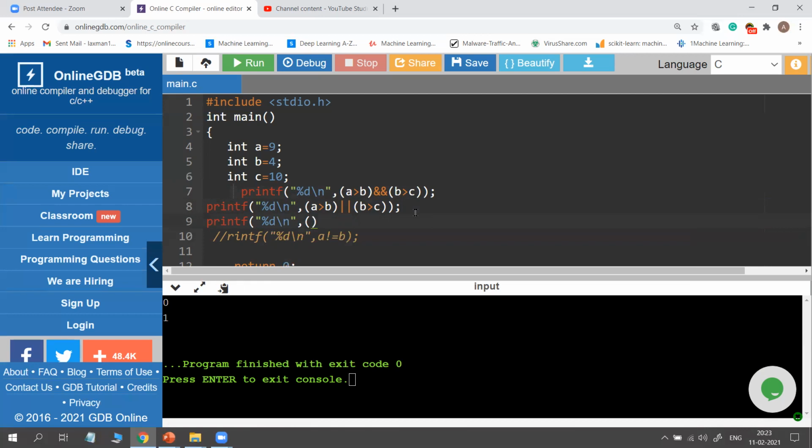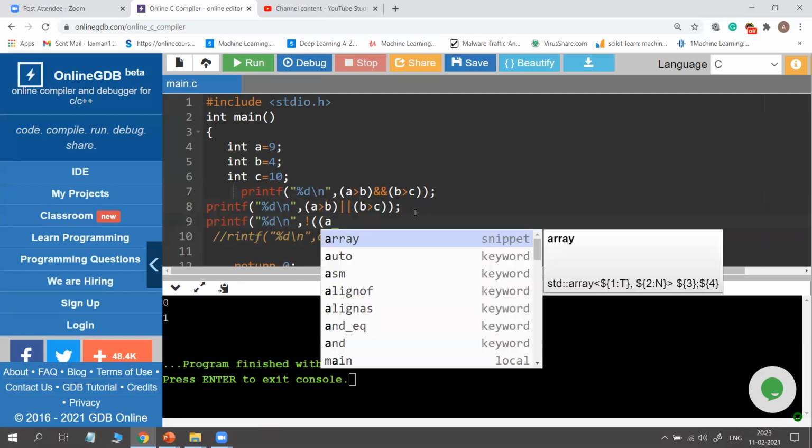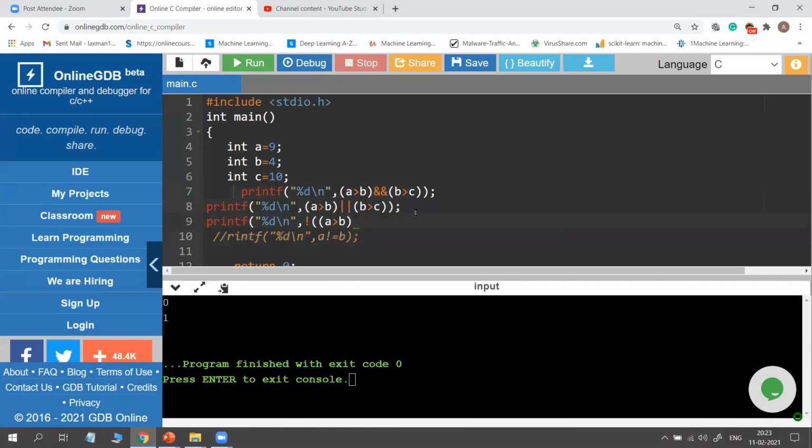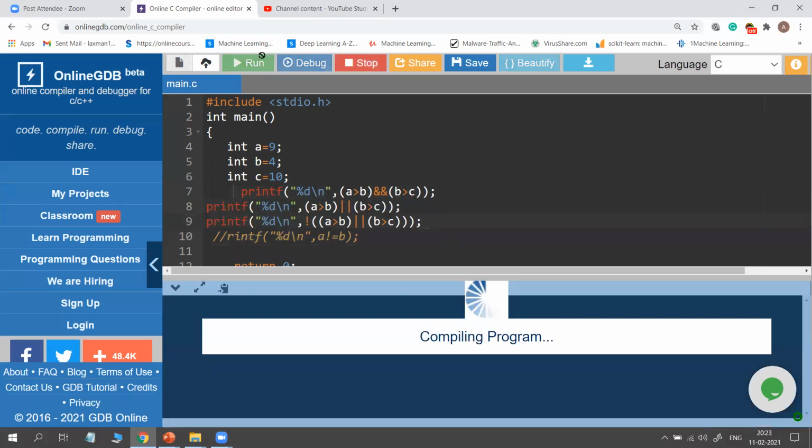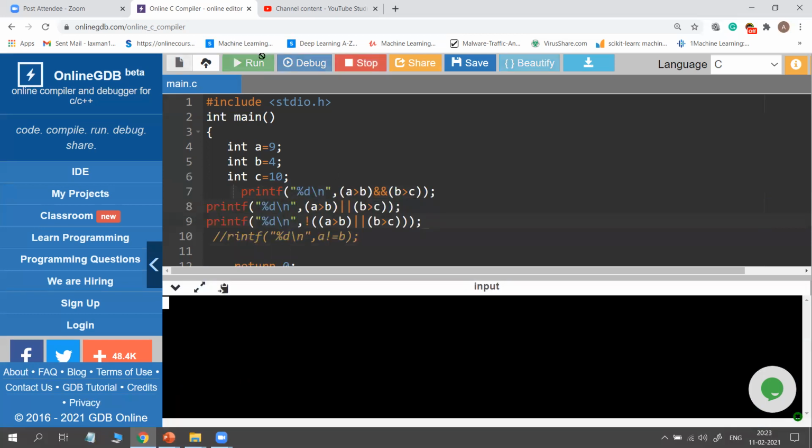I am writing here a not operation before, and after that I start writing a greater than b close or b greater than c. So I just added a not operator. This is the same as the above one. You observe a greater than b or b greater than c, but I added a not symbol, so this one becomes 0.